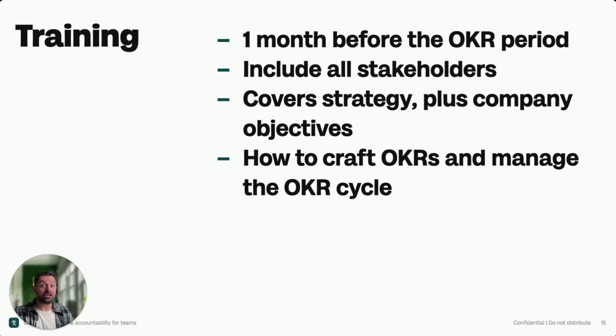Where do we need to make the biggest impact in our business? If we make a change, what is the big outcome that we would be able to have? Why are we going to do this? How are we going to do our updates? What tools do we need to bring into this process? We want to have all of this strategy conversation ahead of time as we're starting to then figure out how to craft our OKRs and manage our OKR cycle. So different folks are going to have different things that they're going to need to focus on here.